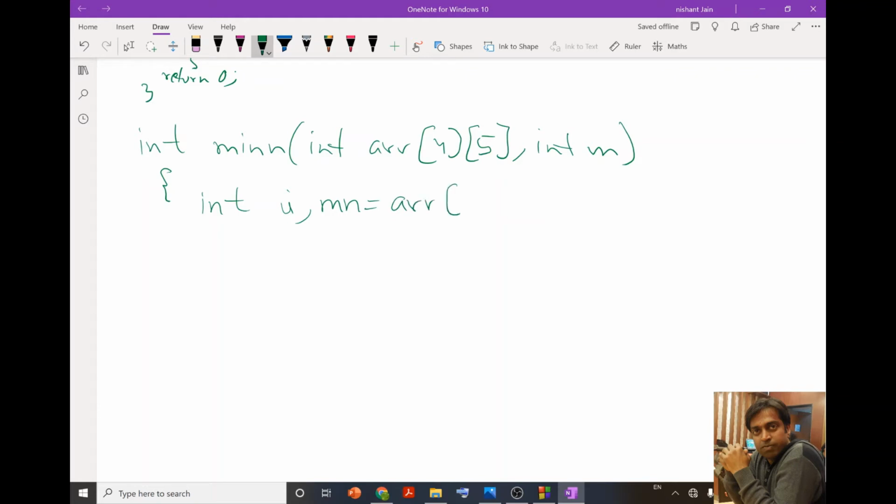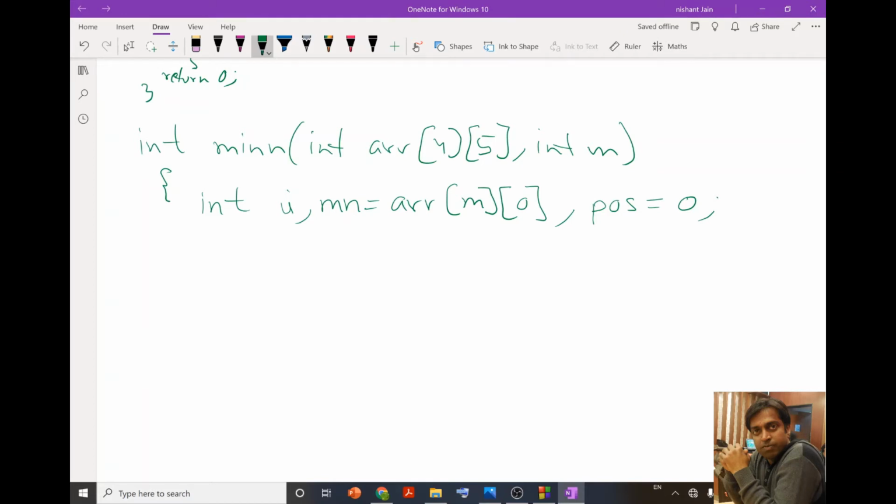the minimum value. I initialize it with the first element of the row m, and I declare one variable POS and initialize it to 0. This POS will help us to record the column number of the row.